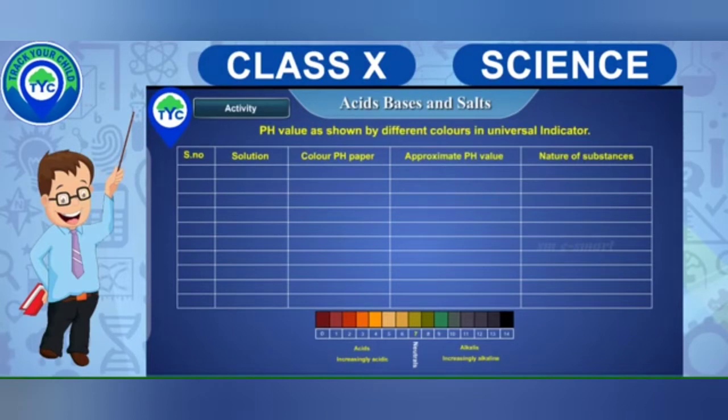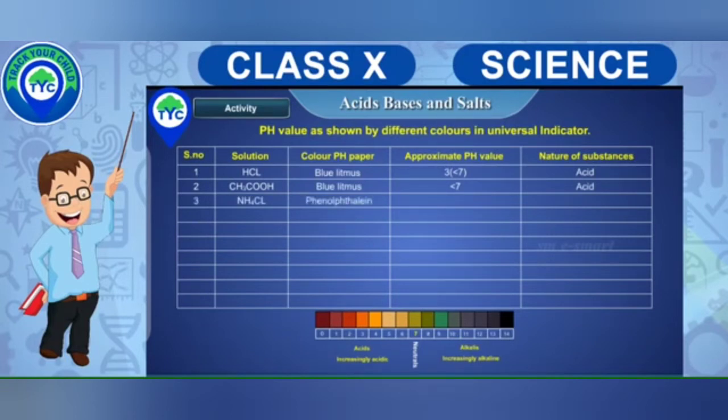First one, HCl, blue litmus, smaller than 7, acid. Second one, CH3COOH, blue litmus, less than 7, acid. Third one, NH4Cl,